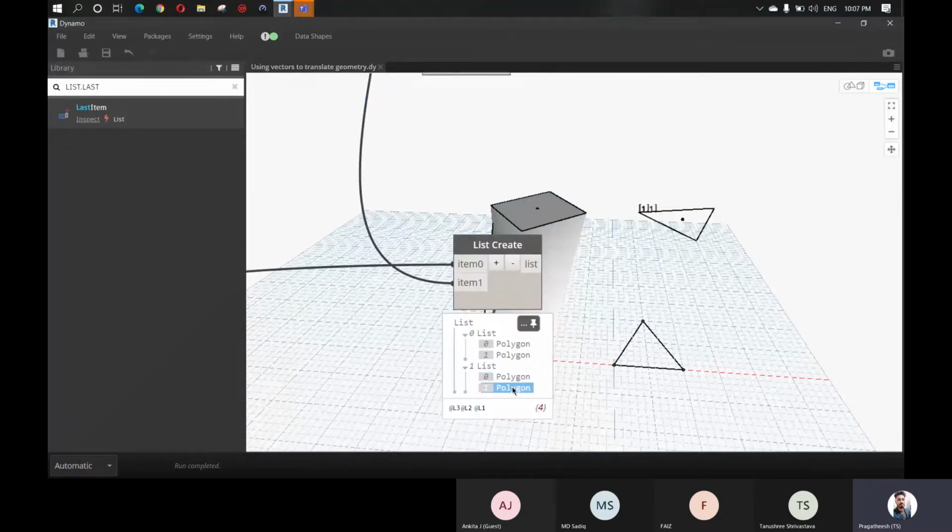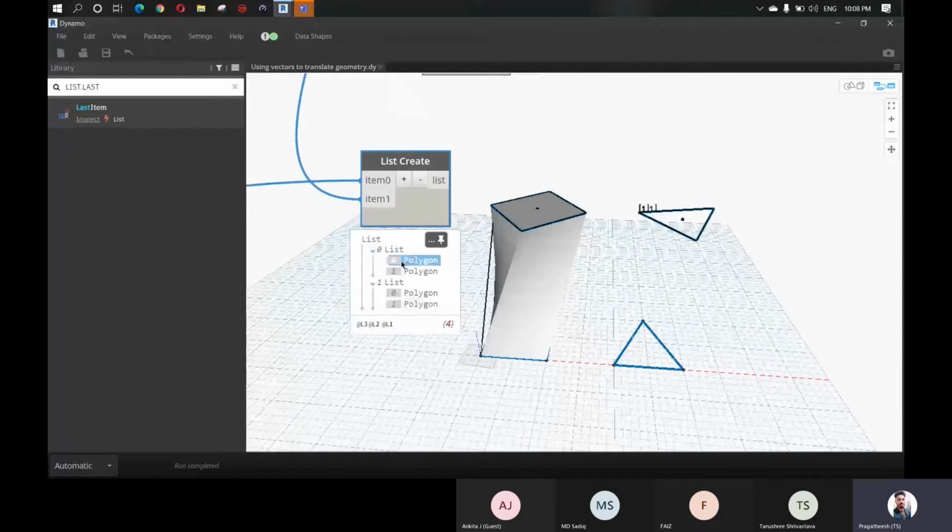Okay, but we really need to arrange our data. We are going to loft the first polygon in each list, which would be the bottom square and the top square. Similarly, the bottom triangle and the top triangle, right? But what is seen here is that list one contains bottom square, bottom triangle, top square, top triangle.